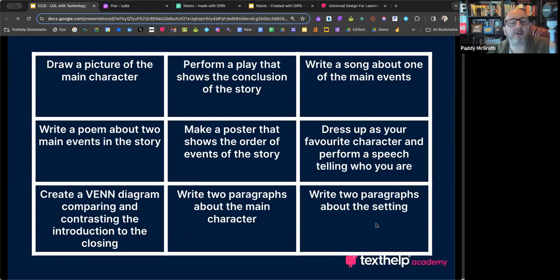Draw a picture of the main character. Could you do that in Google Slides? Yes. Could you do that in the Education's whiteboard? Yes. Could you do that in Edpuzzle? Probably not, right? But you have a range of tools there from the toolkit you have, but also you have